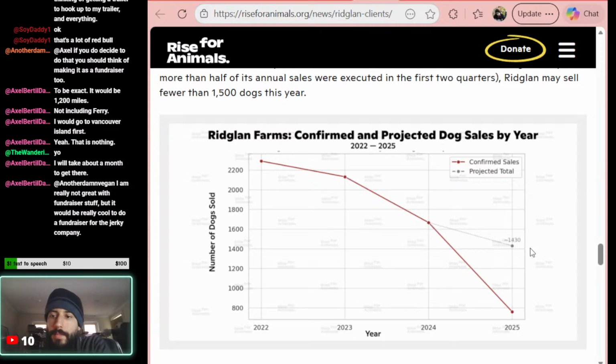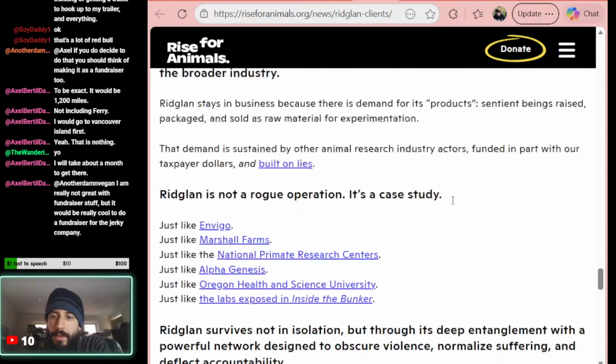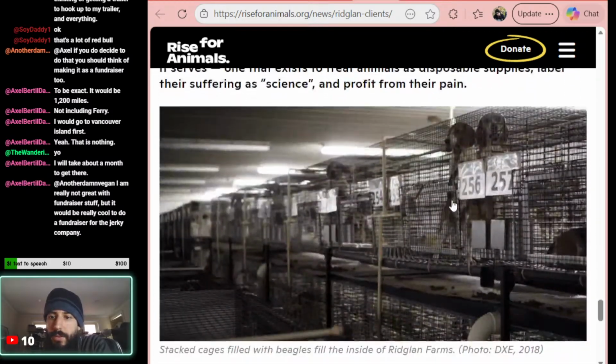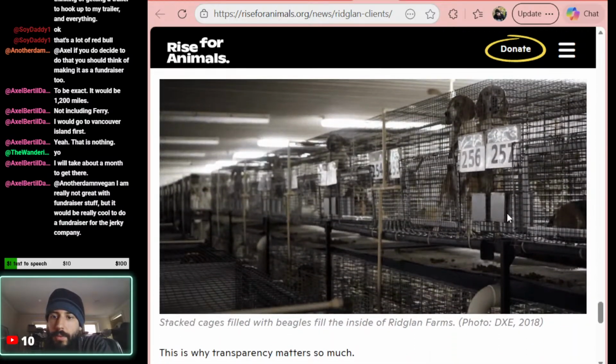Look at that. That was the projected number, and then that's where they came in at last year. It is definitely a failing business. Here's a picture of the dogs in here.